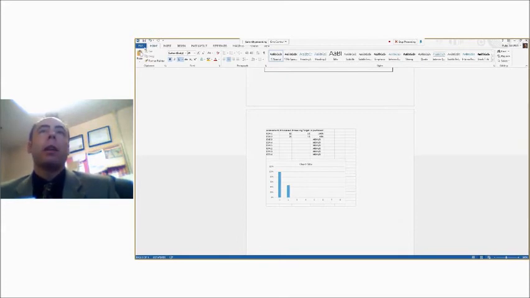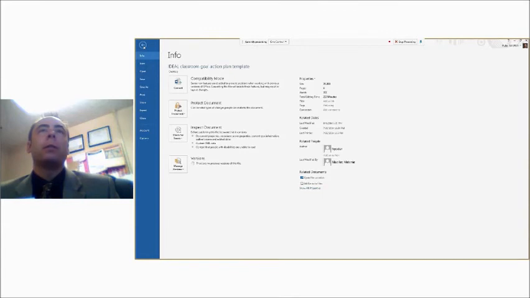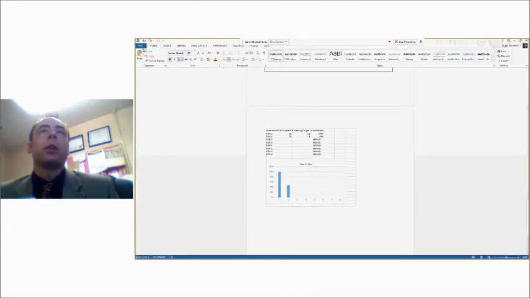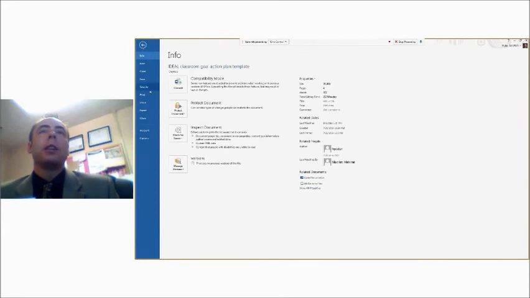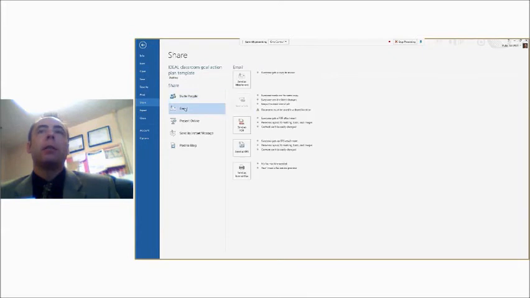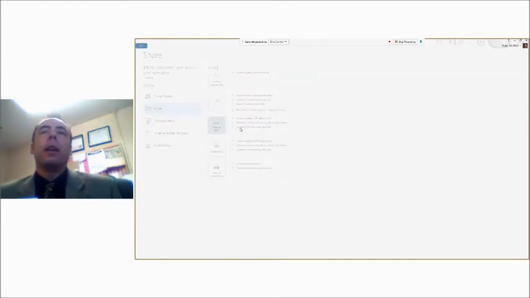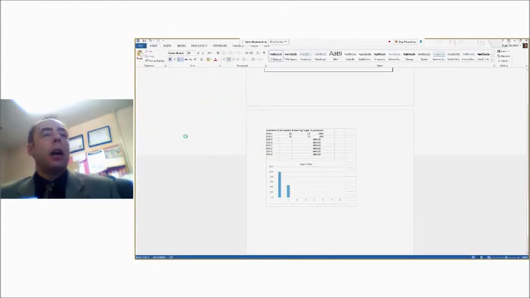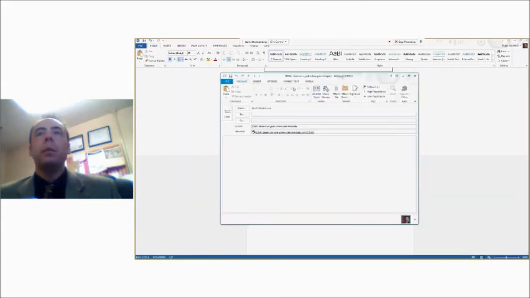What we're recommending from here is, if you go up here to File, so I'm going to do that again, I'm going to go up to File, and I'm going to say Share. I can actually email this document as a PDF, and it'll embed the whole document together into a single location. So if I do that, a new email will pop up here, and it's got the attached PDF with everything embedded,